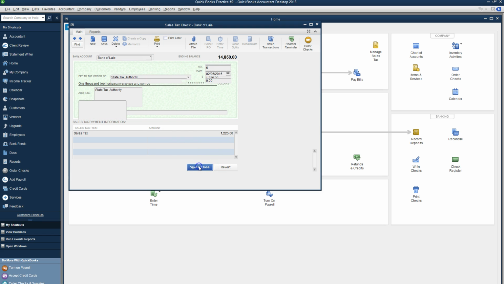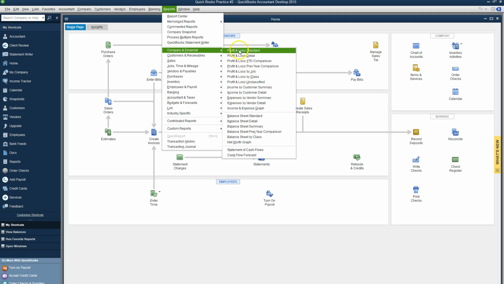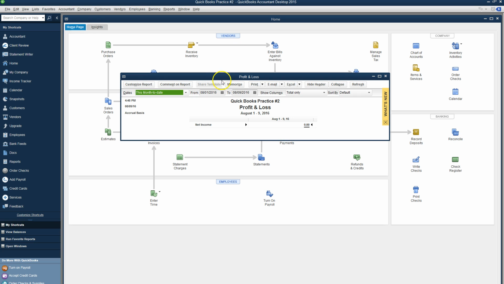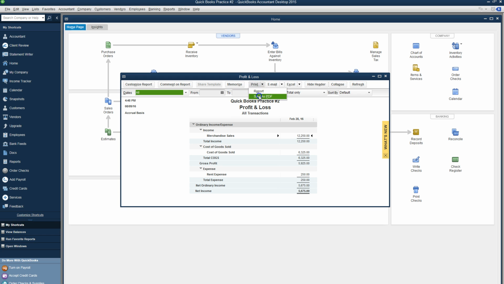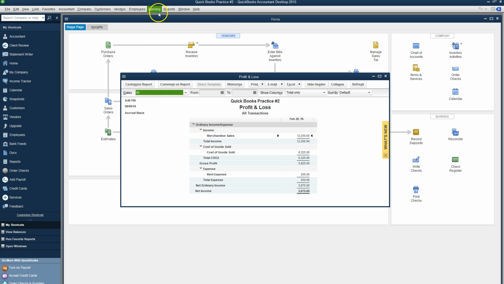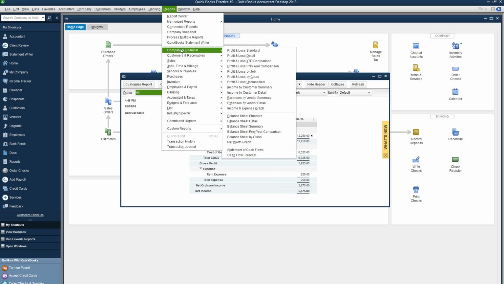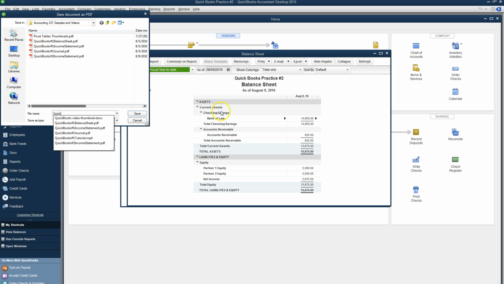Now you just go save that, and you go to Reports, Company and Financial. Let's do the income statement first. So we're going to change that to All. Print PDF, and I'm going to call it QuickBooks number 2 income statement. Now I'm going to do company and financial balance sheet. I'm going to save as PDF. QuickBooks